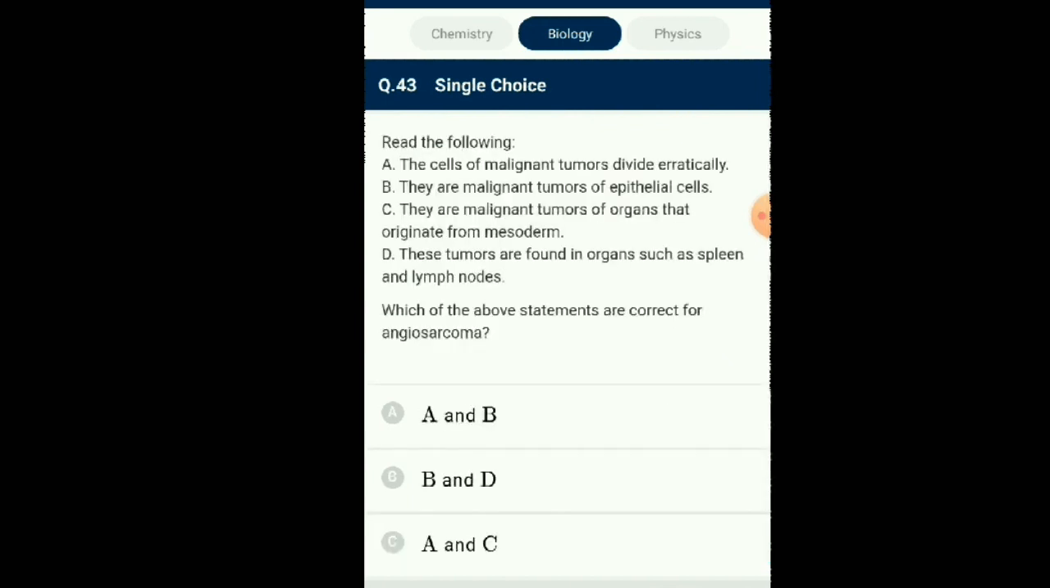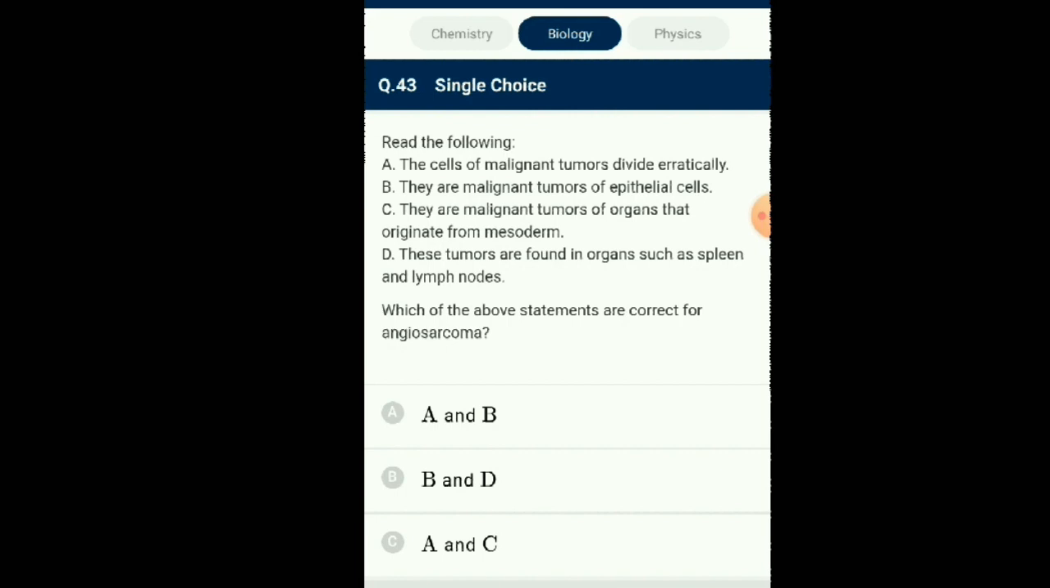Question number 43. Read the following statements. From the given statements, which of the above statements are correct for angiosarcoma? Sarcoma is the tumor of connective tissue, the tissue that formed from mesenchymal cells or mesodermal cells. Angiosarcoma is a type of sarcoma that is cancer of the endothelial cells that line the lymphatic vessels, walls,